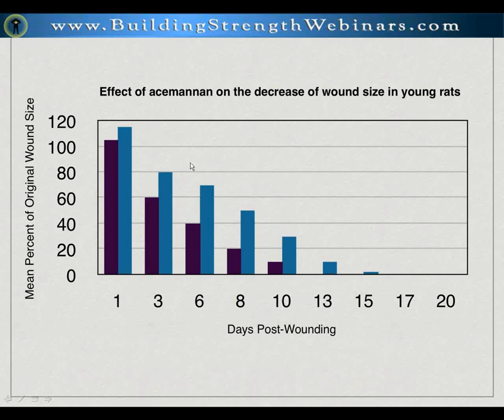The question then is, what about old rats? I don't know if you remember the study where they were talking about fat rats living a much shorter life, about 40% less than rats who had a controlled diet. So I thought, what are they going to do with those rats? Because to buy a 2 or 3 year old rat, they have to feed them 2 or 3 years. To get an old rat, they're very expensive. You spend hundreds or thousands of dollars just to get each one of the rats. So I called them and asked what they were going to do with those rats, and sure enough, we were able to get them to donate them to our research.